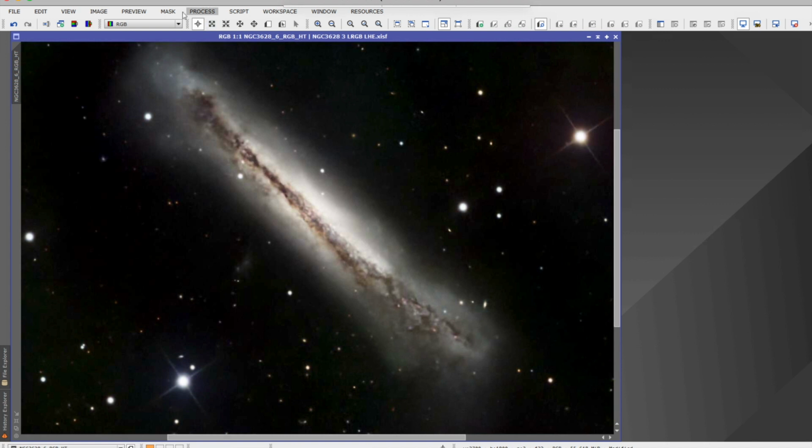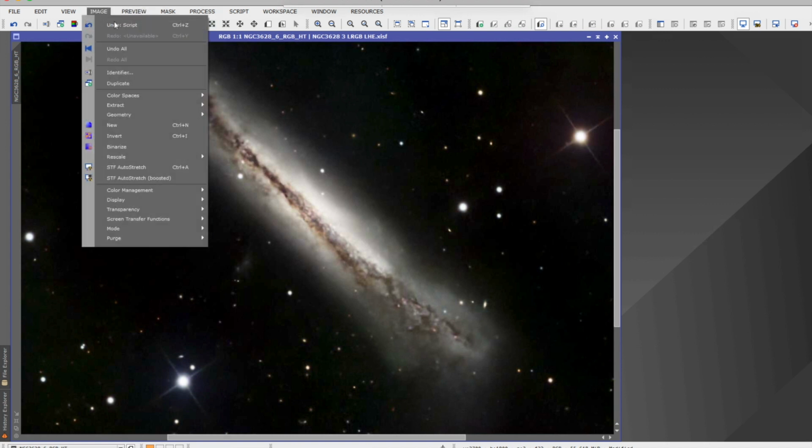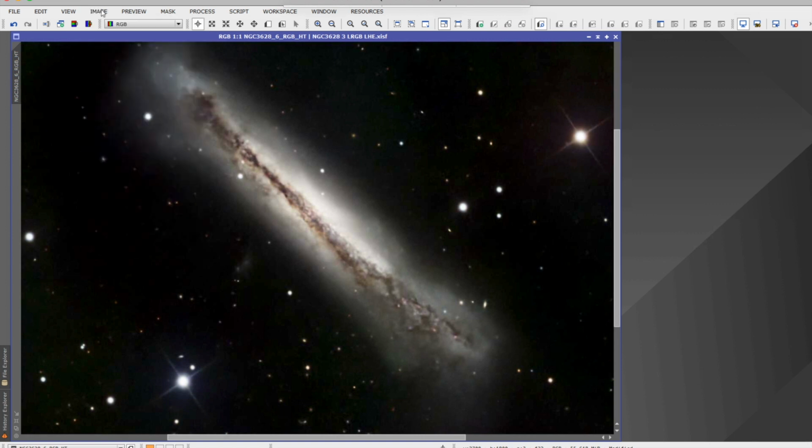Let's go ahead and do, again, our Control Z and Control Y, and it will undo scripts as well as processes. Whatever you just did, it will undo that last thing, and then you can go back and continue through different levels. So Control Z to undo it, Control Y. Very subtle, very subtle. But am I going to want to keep this? What I'm looking at especially is